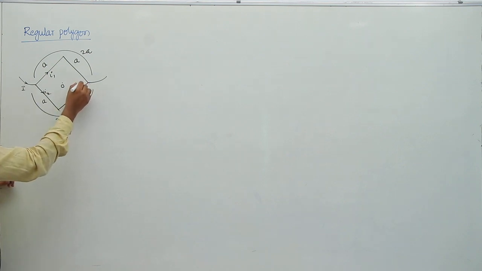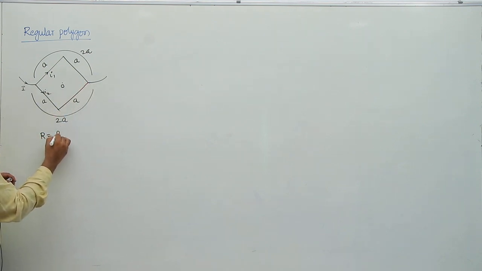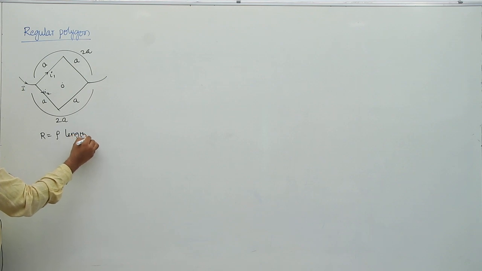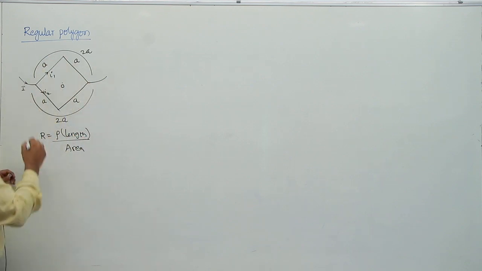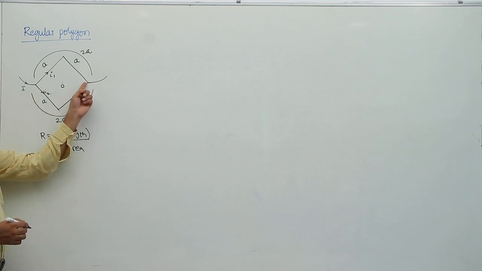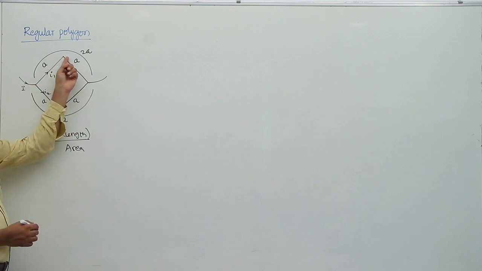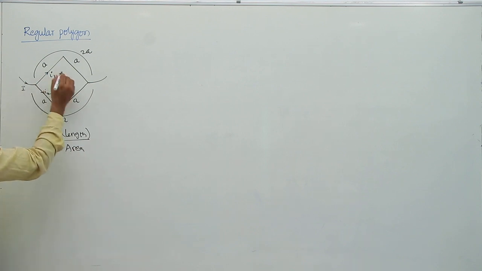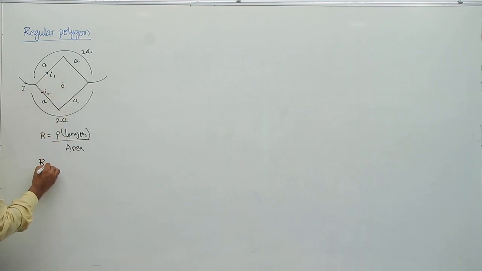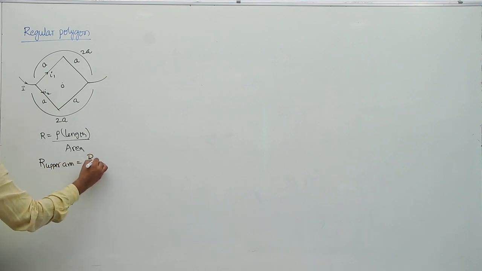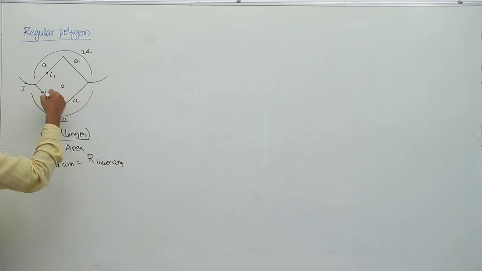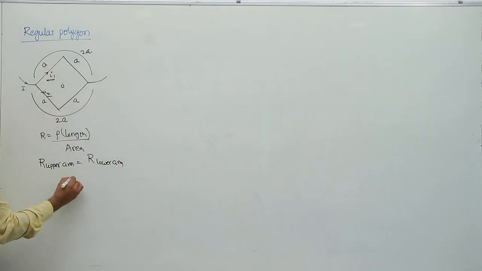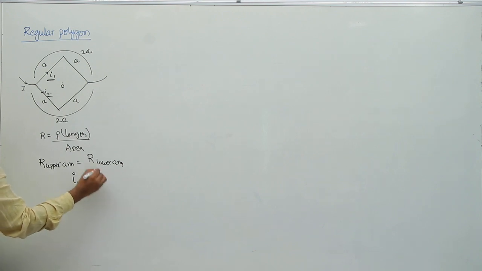Resistance of this path depends on, resistance is equal to rho into length by area. As the area of cross section of this one is the same, and the length of the bottom portion as well as the length of the top branch are equal, we can write resistance in the upper arm is equal to resistance of the lower arm. When the resistances are equal, these currents are also equal. So I1 is equal to I2.